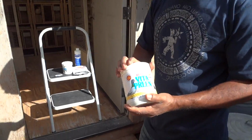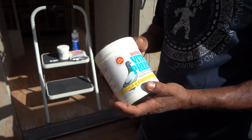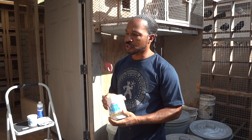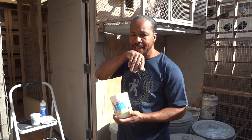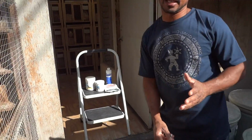This is another product, Vitaprene. And Vitaprene is 13 essential minerals. This is something you add to their food. It's just a basic vitamin, but it's something that's really, really good for your birds, and I add it into their food. Lastly, you're going to get eye colds,